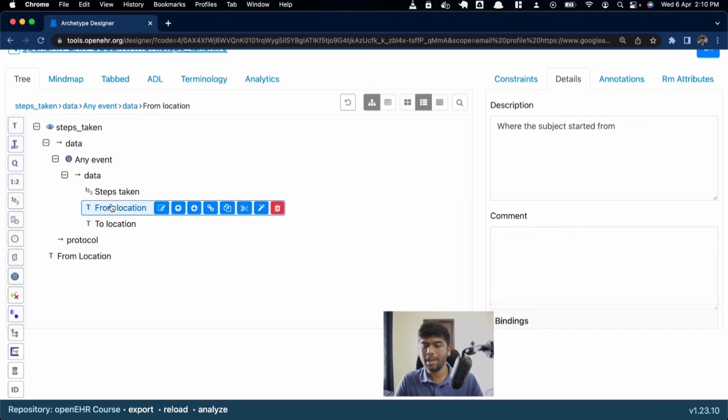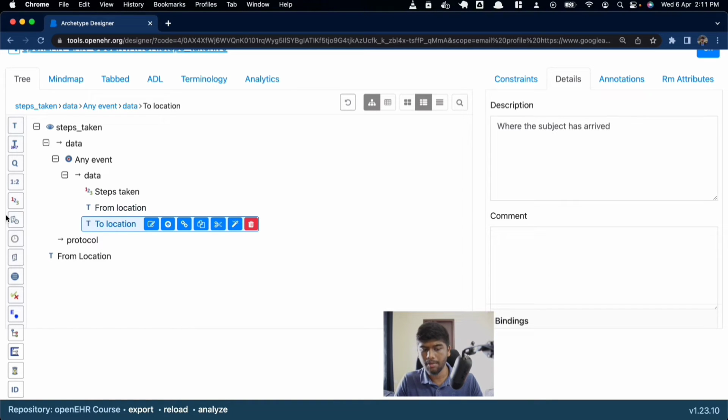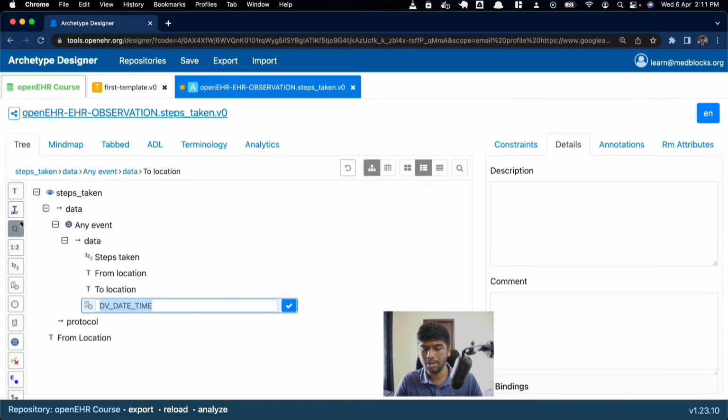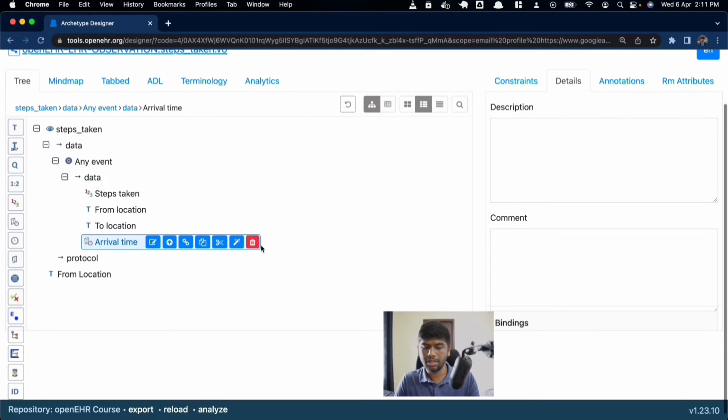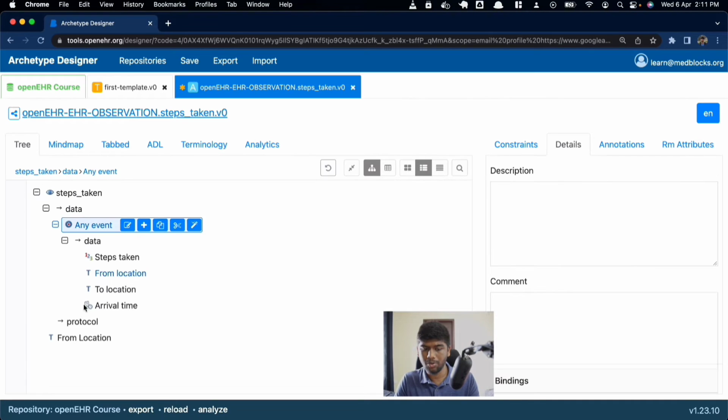And it also makes sense to record some sort of a time when this took place. So when did the patient reach the hospital? So you have other data types as well. So for example, this is a DV date time and arrival time. So let's just add that. Although you need to know that, so again, that's where the from location went. So I think it just went outside of the,